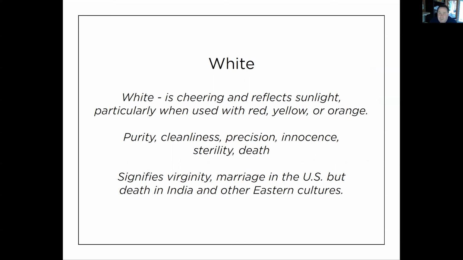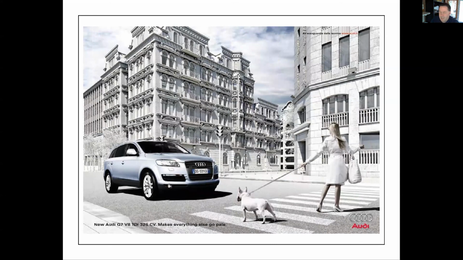So like black, it refers to two different things depending on what culture we're in. A lot of these colors that I'm talking about here represent the meaning they have in our culture. But in other parts of the world, colors mean something very different. So here it's again very clean, very innocent,